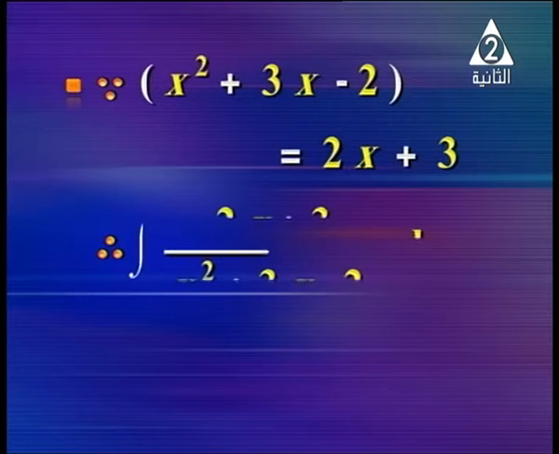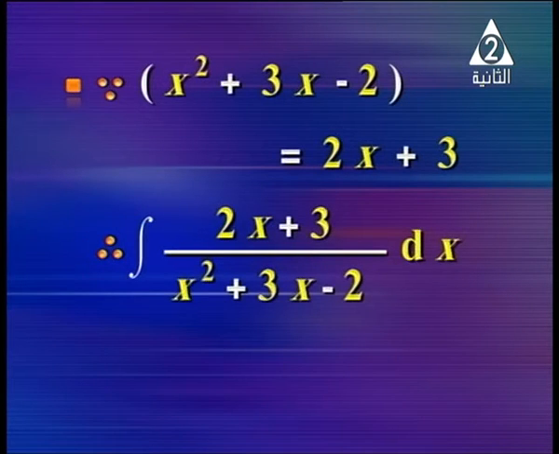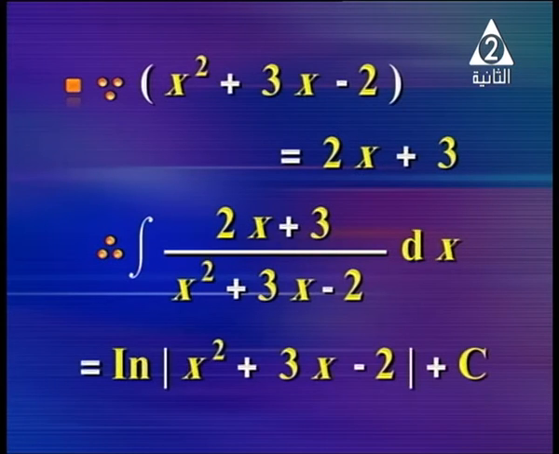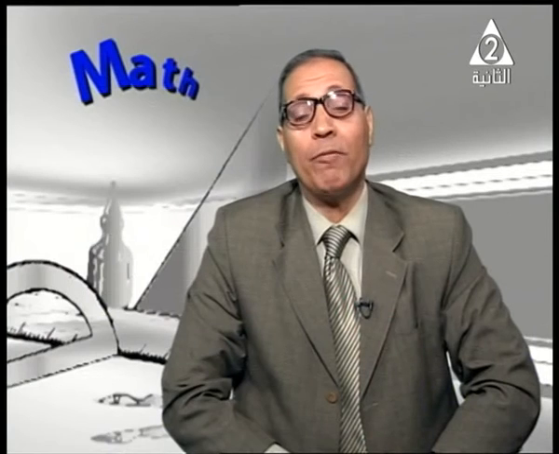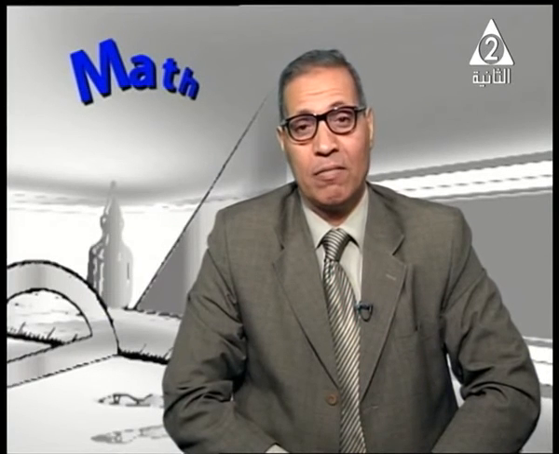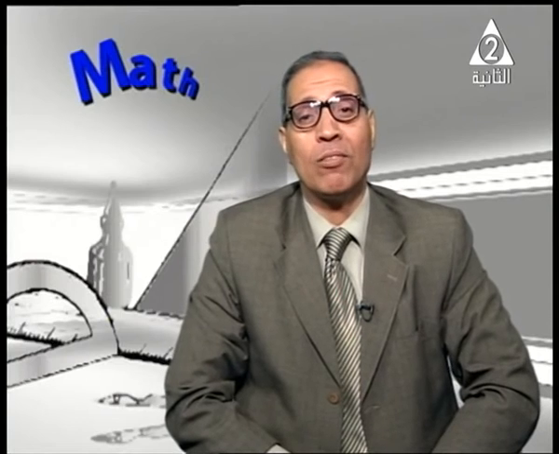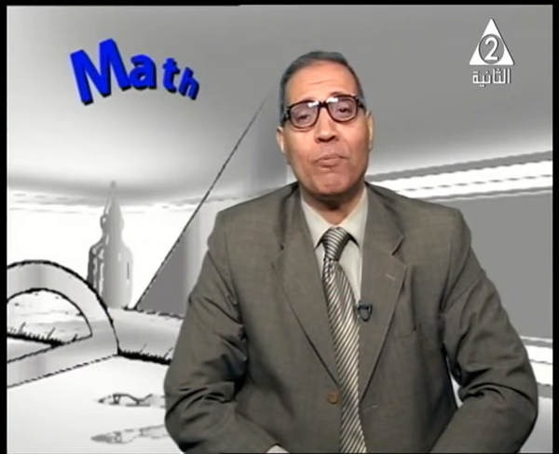Integration of 2x plus 3 over x squared plus 3x minus 2. When we find the differentiation of x squared plus 3x minus 2, it equals 2x plus 3. Then what do you mean? The numerator is the derivative of the denominator. What is the integration? Ln of the denominator. Remember, dear student, if we have a fraction function where the numerator is the derivative of the denominator,